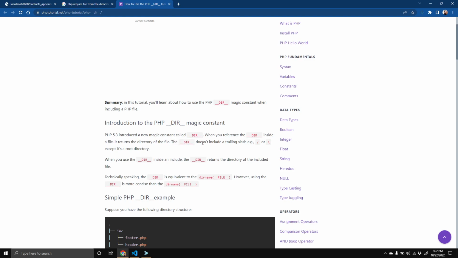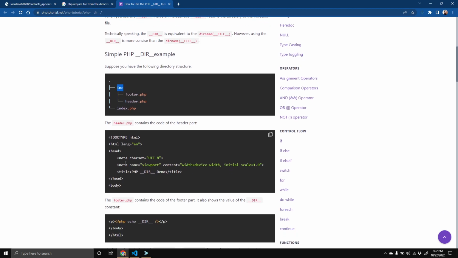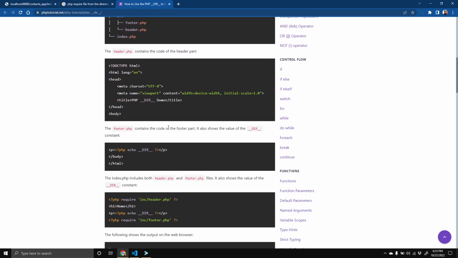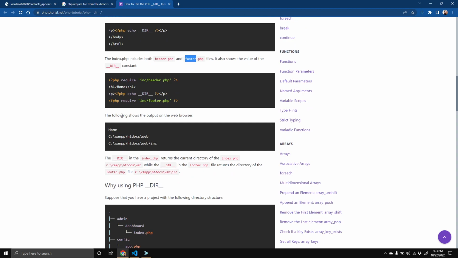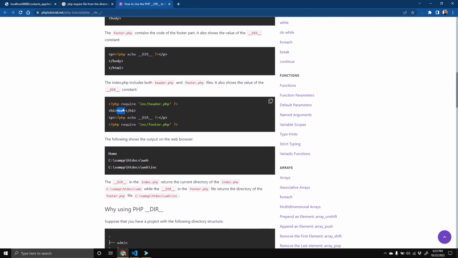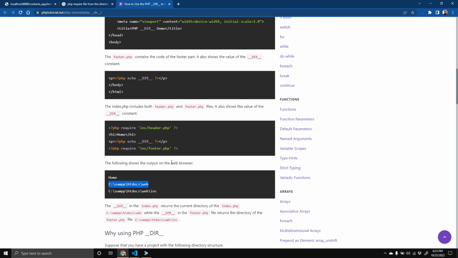The dir doesn't include a trailing slash, for example. So if we have the following directory structure in footer, header, index, the footer.php contains the code and the footer part shows the value of dir constant. So header it's web. In case of